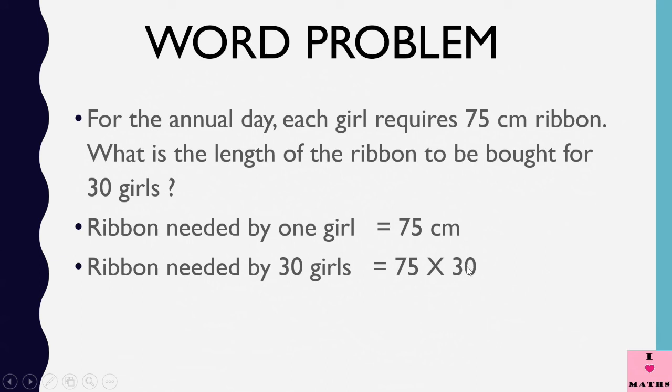I'll just show you how. Multiply 75 by 3. Whatever answer comes, put a zero at the back, and that would be the answer. So easy, na? Okay. 5 threes are 15. So 5, 1 carry over. 7 threes are 21. 21 and 1, 22. So the answer is